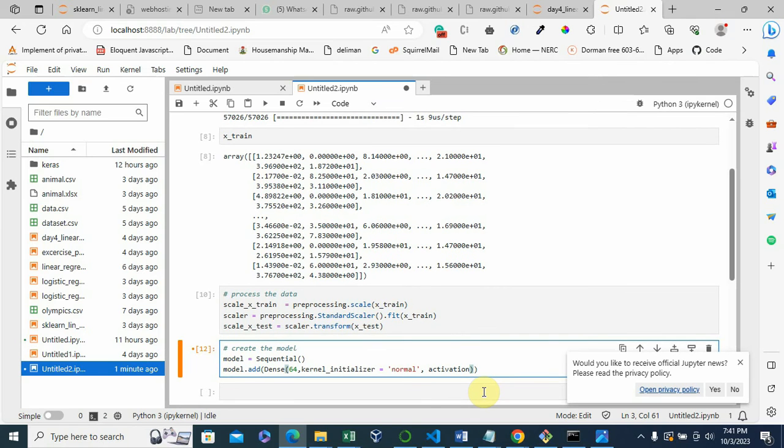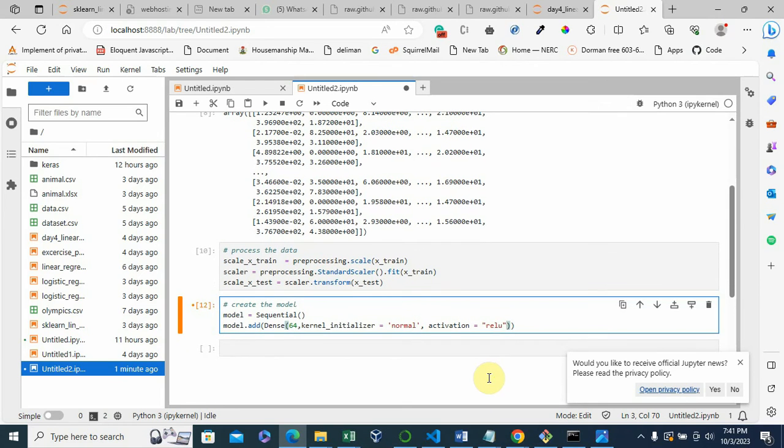Activation equals, like I mentioned, there are several activations: softmax, sigmoid, linear, tanh, which is the hyperbolic tangent function, and then you have your ReLU. So here I'm going to use ReLU, the rectified linear unit.